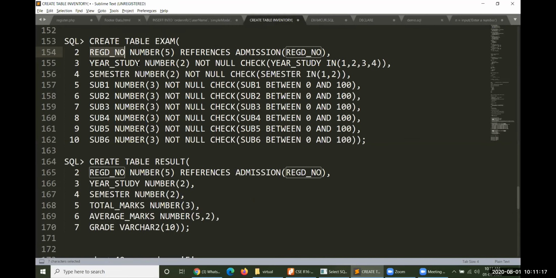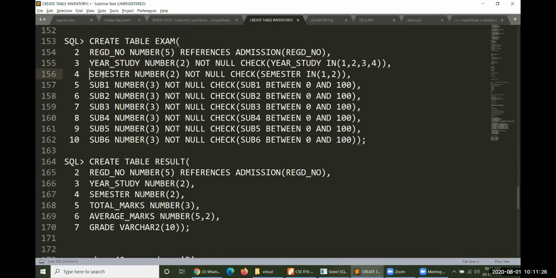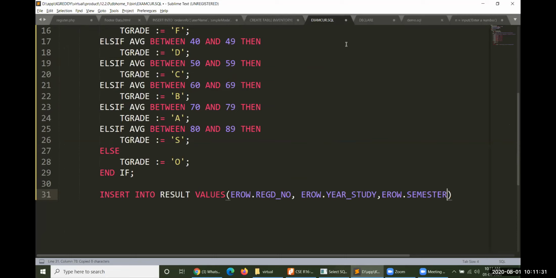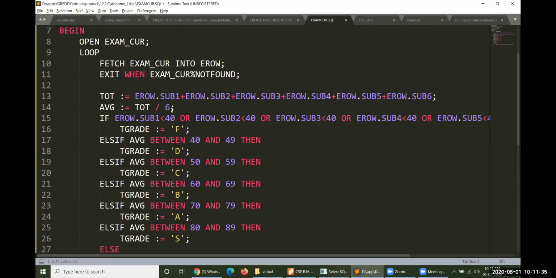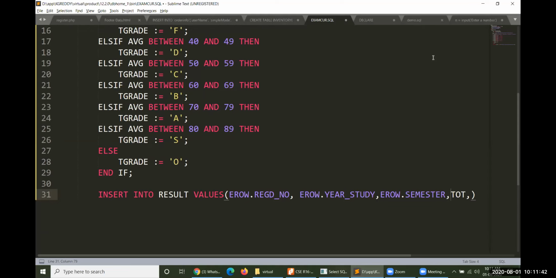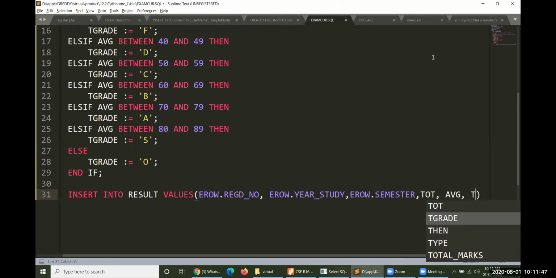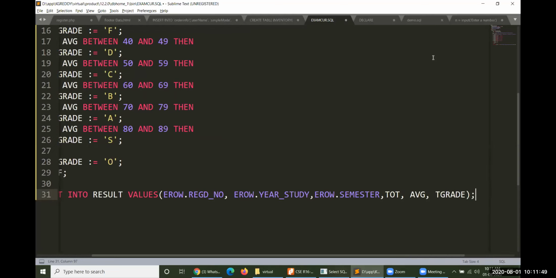Next one is year of study, followed by a comma, EROW.semester. Then followed by total. Total name is TOT, average is AVG, grade is T grade. So TOT, comma, AVG, comma, T grade. So things are over.